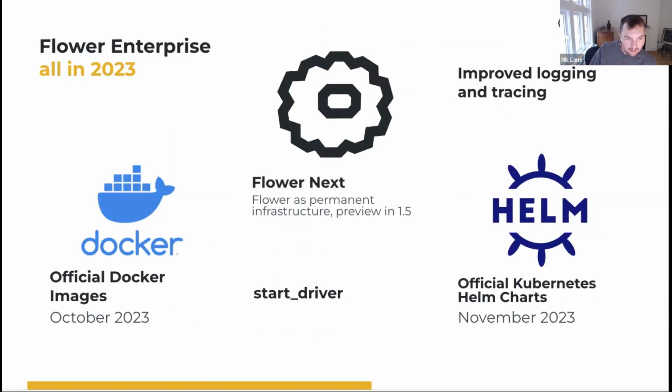And so in terms of enterprise capabilities that are more upcoming, he was talking about how we have official Docker images that are often very enabling for enterprise scale rollout, available from this month, and also the advances in the Flower Next migration. And while Flower Next is offering key advances such as the driver API, it's previewed in the current 1.5 version, but being made stable in the upcoming months. And so there are dozens of other types of capabilities that really focus on enterprise usage.